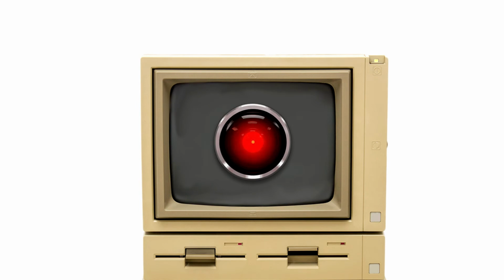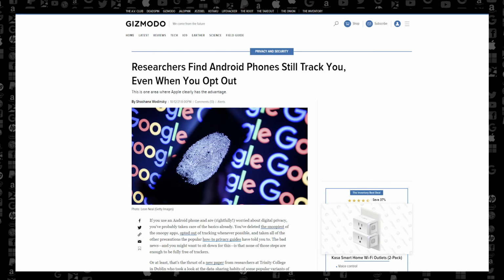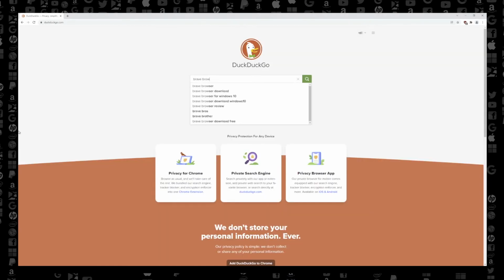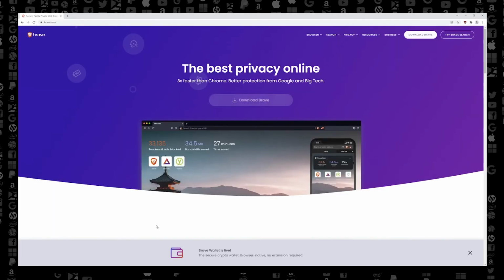Now there's one big problem I haven't addressed yet. Unfortunately, you can't install extensions for Chrome on mobile devices. So there's no ad blockers, there's no Privacy Badger, and Chrome is made by Google, which is one of the worst privacy-destroying companies that exist. So I recommend switching to Brave, which has a really good mobile version, and it has an ad blocker pre-installed.